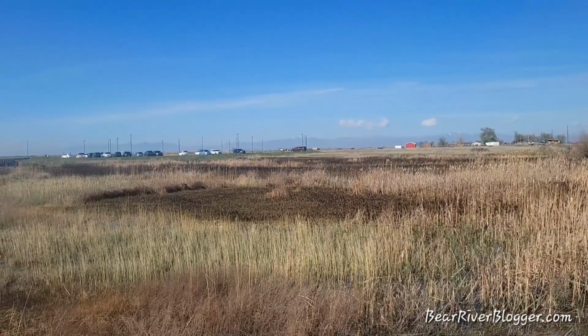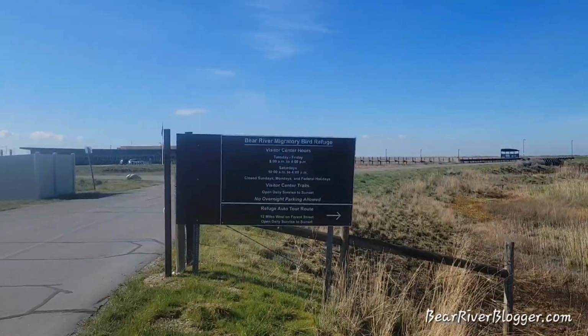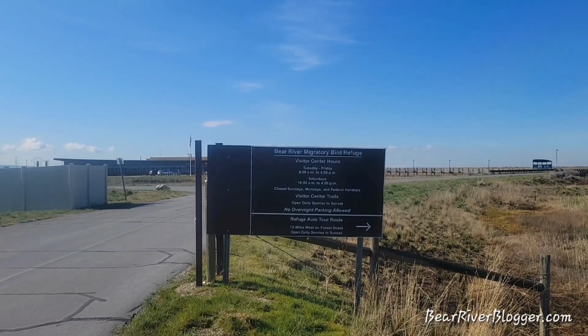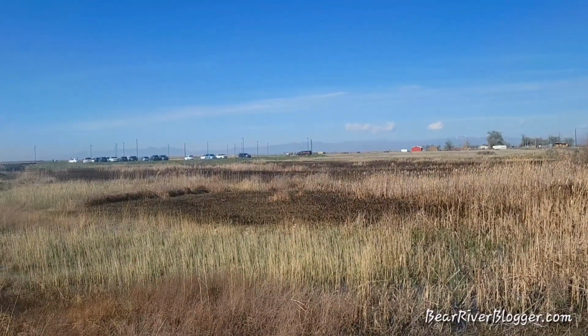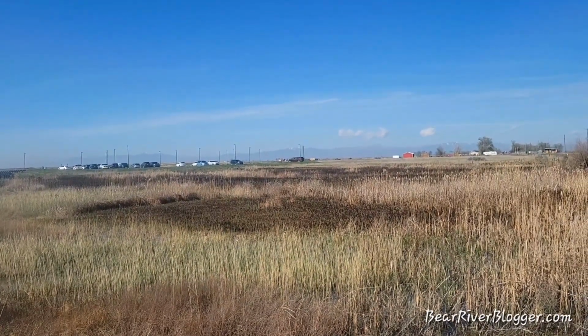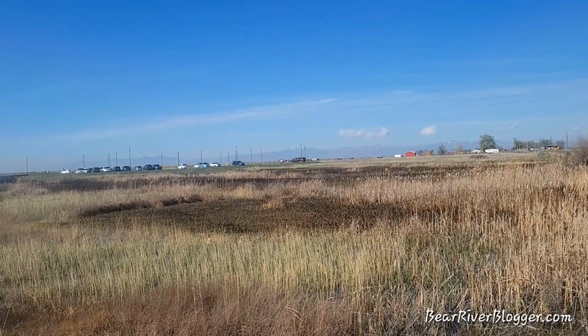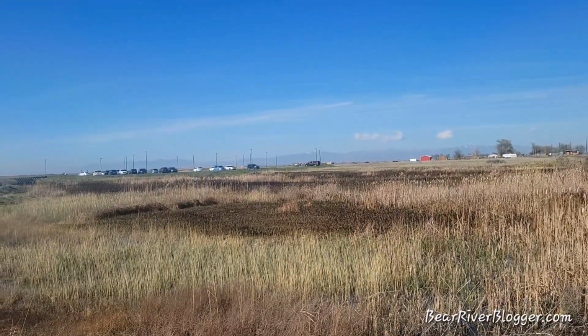This is Jeff with Bear River Blogger, and today we are standing outside the gate of the Bear River Migratory Bird Refuge Visitor Center, and you're probably wondering why we're looking at some charred remains of cattails in a burned wetland. Well, there's a reason for that. If you go down to the description below, there's actually a blog post that I just wrote about what happened,